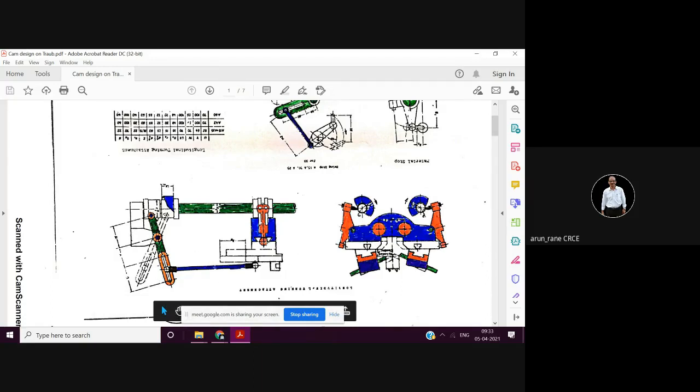And since this is attached to this cross slide, it will move. So this is what is called the longitudinal turning attachment. The function of the longitudinal turning attachment is to impart longitudinal motion to the front cross slide or to the rear cross slide. So this is the drum cam.